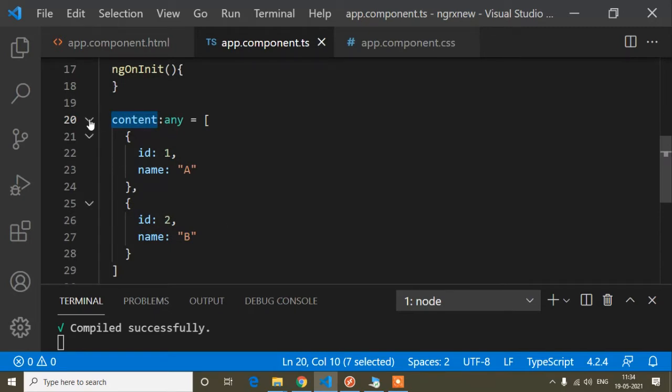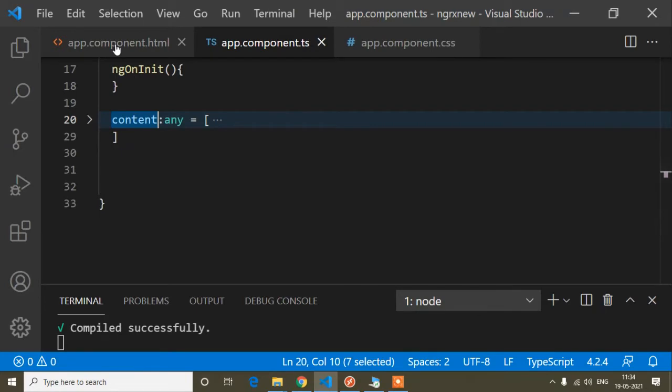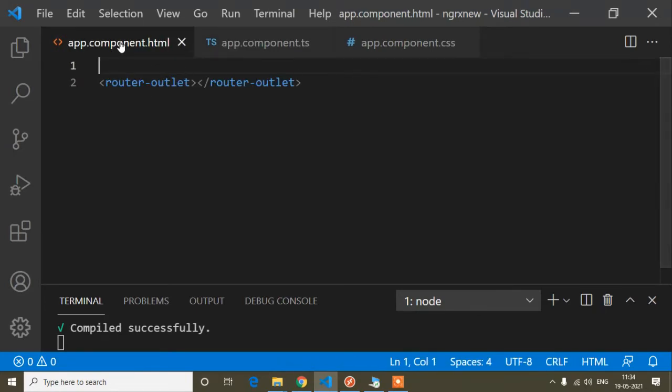And now guys, this content I have to show in our HTML file. So here I have opened the app.component.html file. If you already know Angular, you will know that when we generate any project, we get the router outlet by default in the app.component.html file. The router outlet is not part of this functionality, so don't focus on that. If you want to implement this in any other component, you can open that. I want to implement this in app.component.html, so I have opened it.